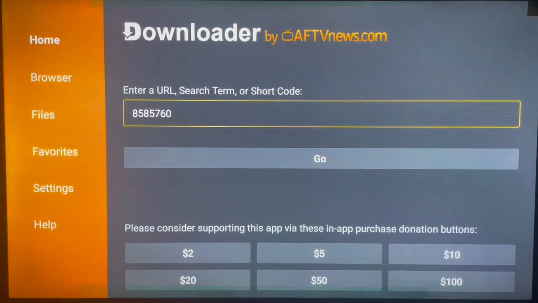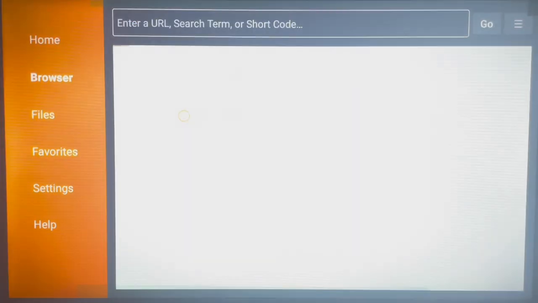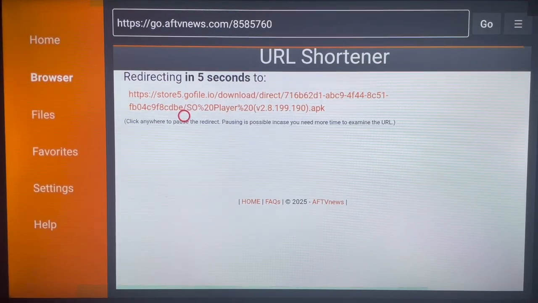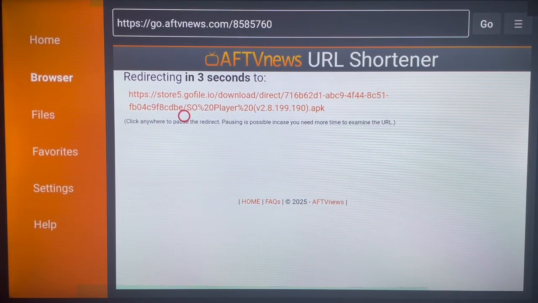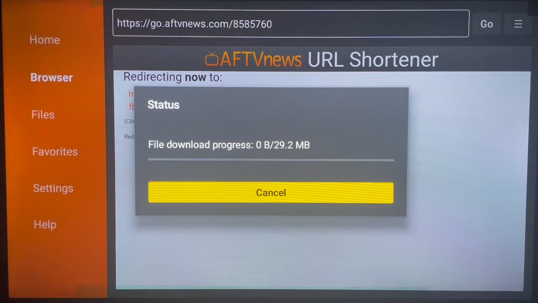Once you type in the code, you go ahead and launch on your Fire TV device, and then it should bring you to the page to install the SOPlayer. So here's the page over here. It's just going to start downloading straight away to your Fire TV device, and here's the application currently downloading. It's 29 megabytes, and I just hope your internet speed is fast so the application doesn't take